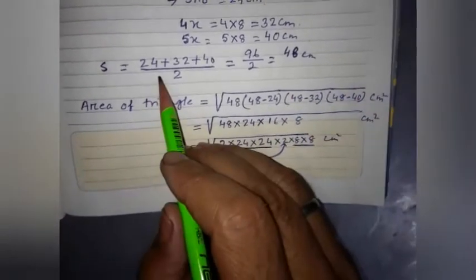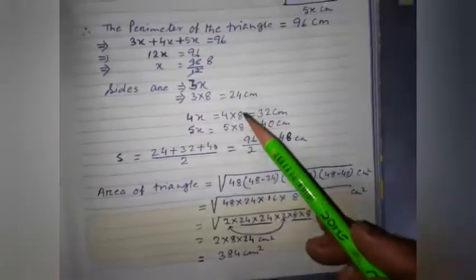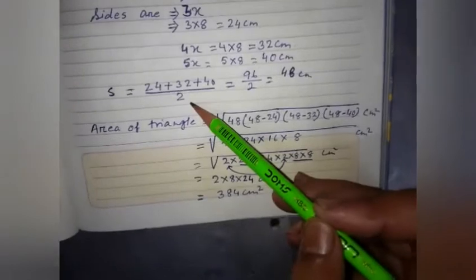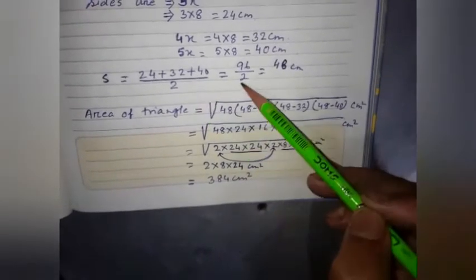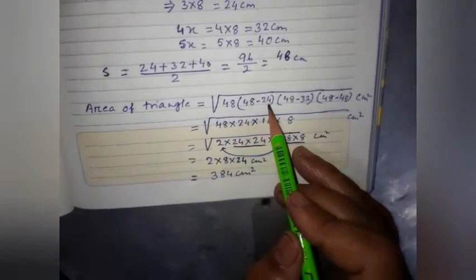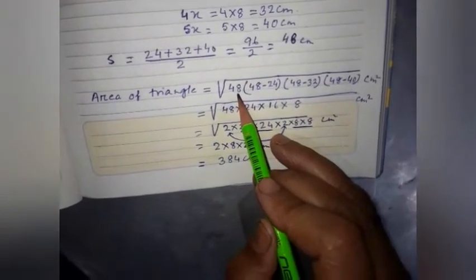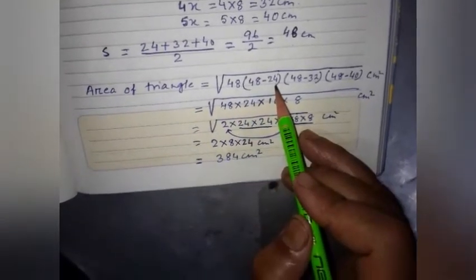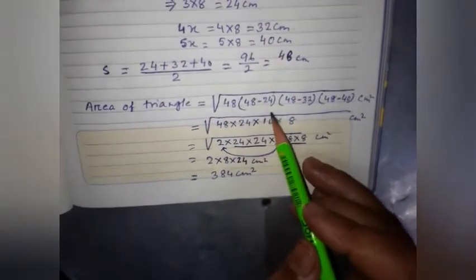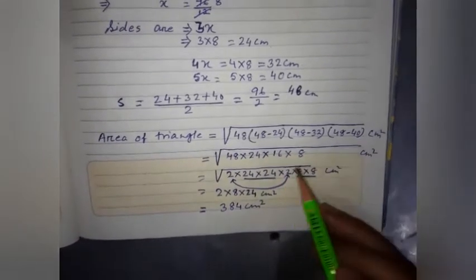So here beta, what is the s value? Perimeter, you know what is the perimeter? Perimeter was already given in the question, but then also, explaining, all the three sides you add it up. Will it come to the perimeter or not? Divided by 2, 48 centimeter. Area of the triangle is s into s minus a into s minus b into s minus c. S is how much? 48. A means any side. I have taken one side. What are the sides? 24, 32 and 40. One place I put 24, one place I put 32, one place 40. You know how to do it.